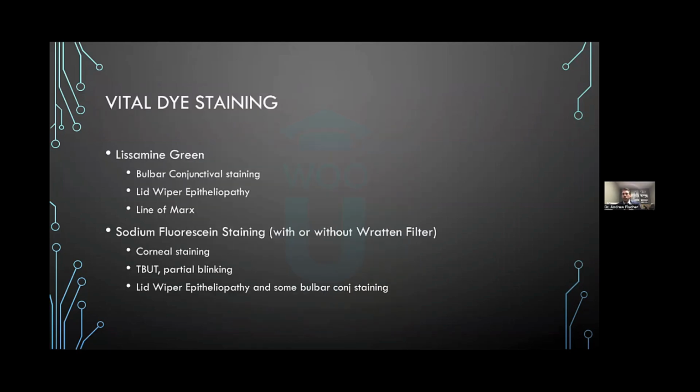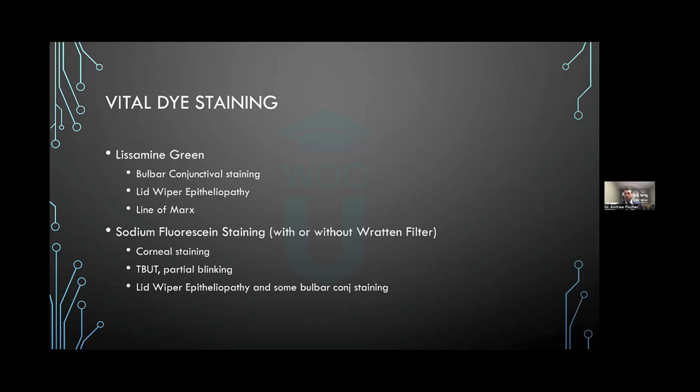So now that we've addressed the meibomian gland dysfunction, I jump into the vital dye staining. As I said, I think lissamine green is one of the biggest things that we can use here to detect dry eye on these patients. I look for bulbar conjunctival staining, lid wiper epitheliopathy, lines of Marx, and really severe corneal staining can absorb some of that dye too. It's more common that we all use fluorescein staining for corneal staining, but also partial blinking analysis,